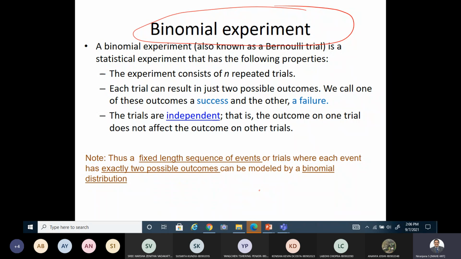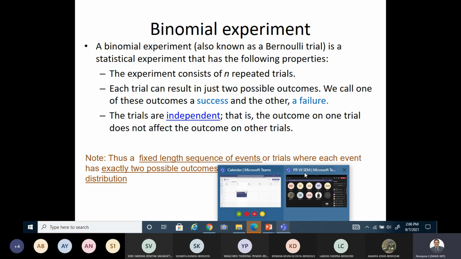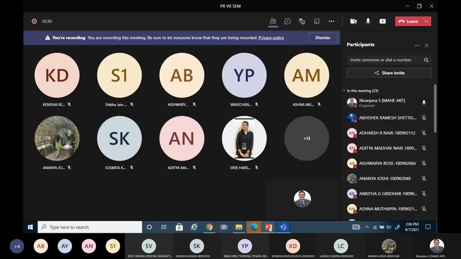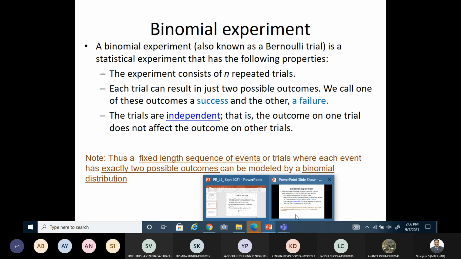As a case study, I'm now taking binomial and Poisson as discrete cases. And for continuous, when the variable x is continuous, we'll also take some examples. I think you have seen the binomial experiment and distribution earlier in your study, right? Yes or no?